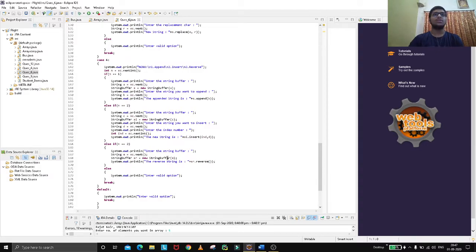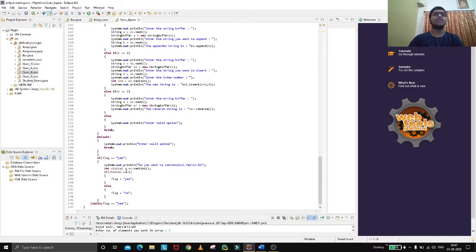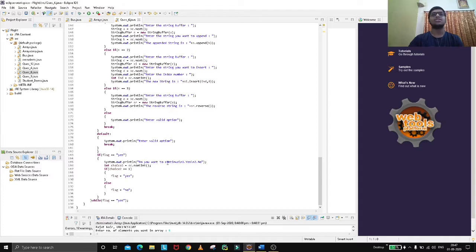If I provide Delhi, it will be reversed like I H L E D. So the string will be reversed. Now if it's a menu driven program, every time we need to ask if we want to continue, yes or no. If yes, the whole step will go again.